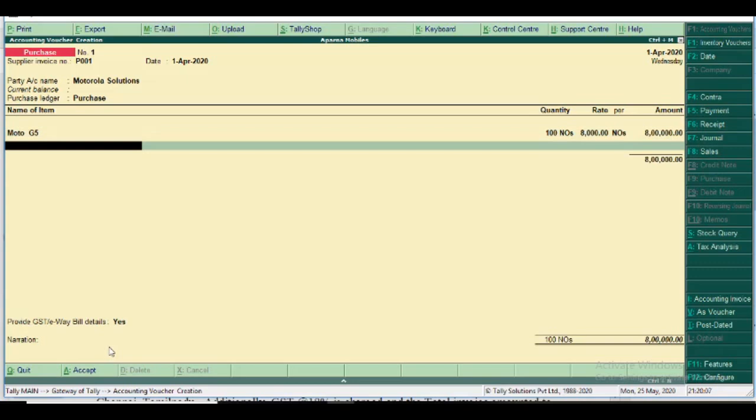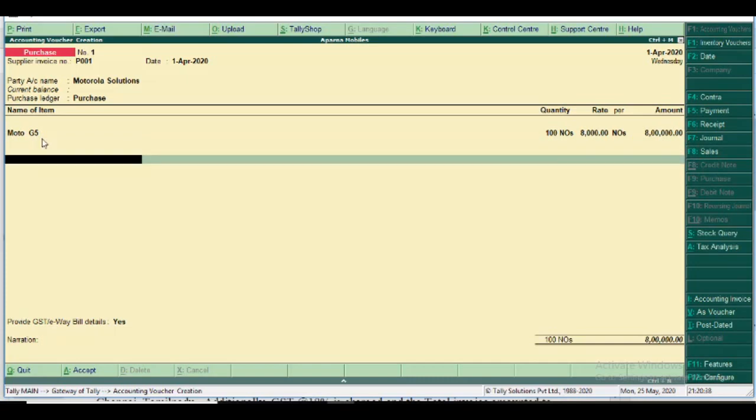Then Tally asks here if any other stock item is involved in this purchase, but we have only one stock item purchase, and the stock item list ends here, so we leave it blank. You know, this area is only the stock item entry area.